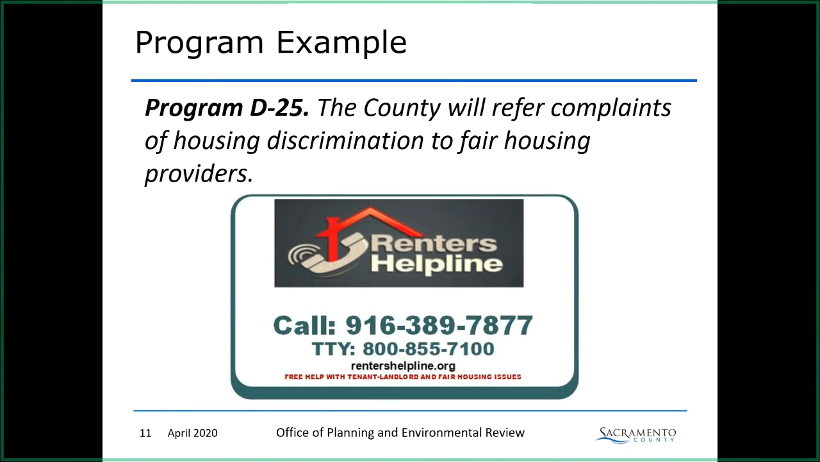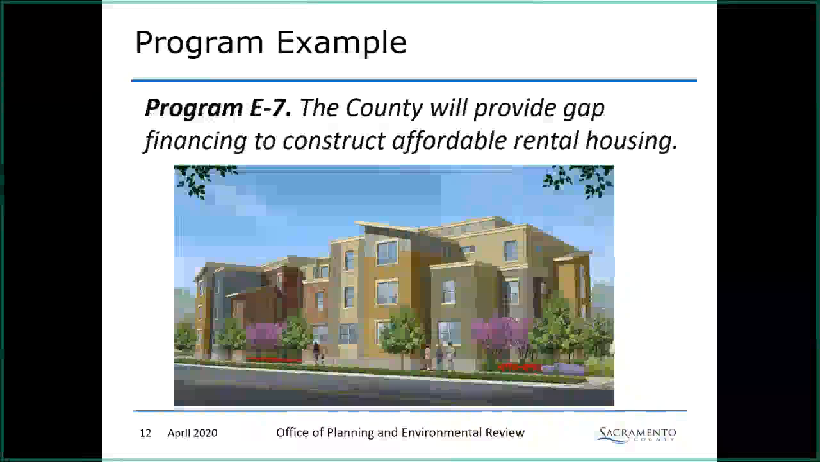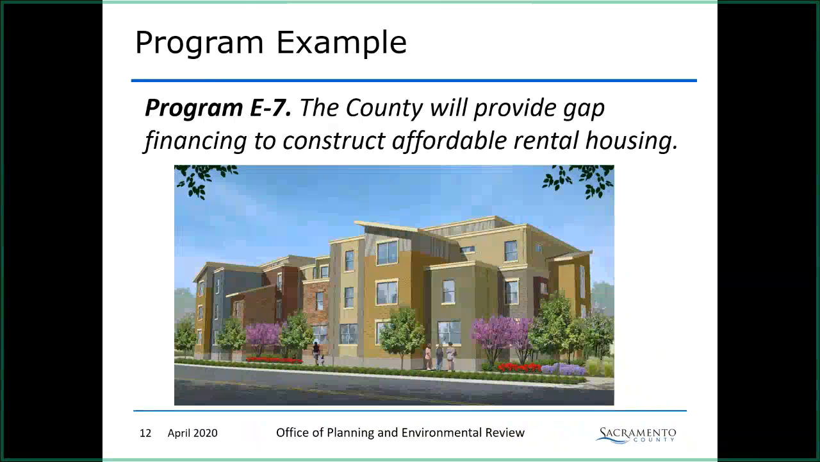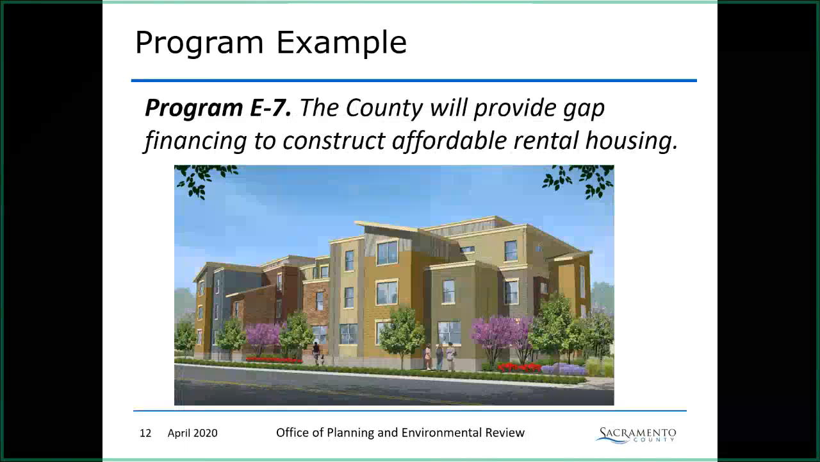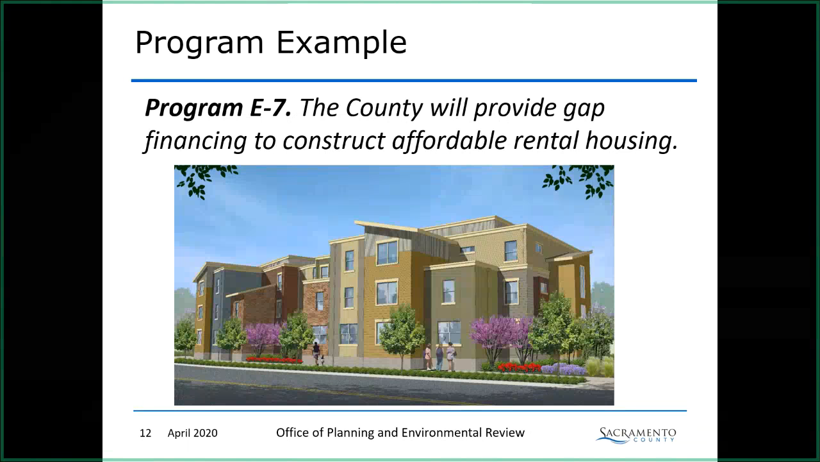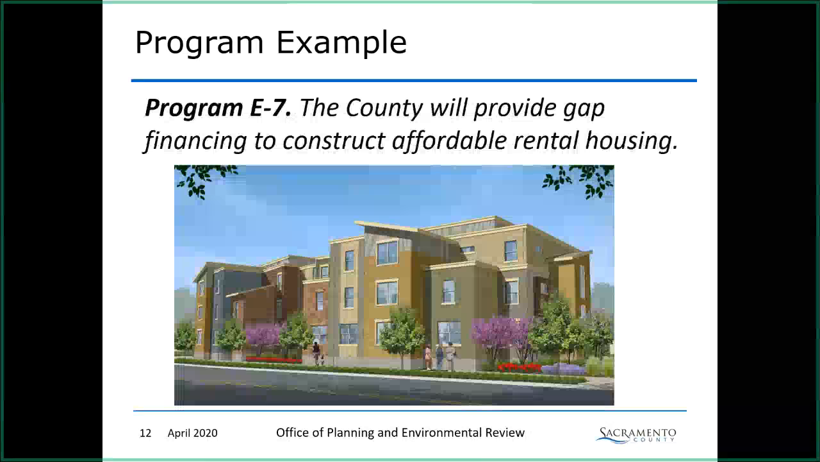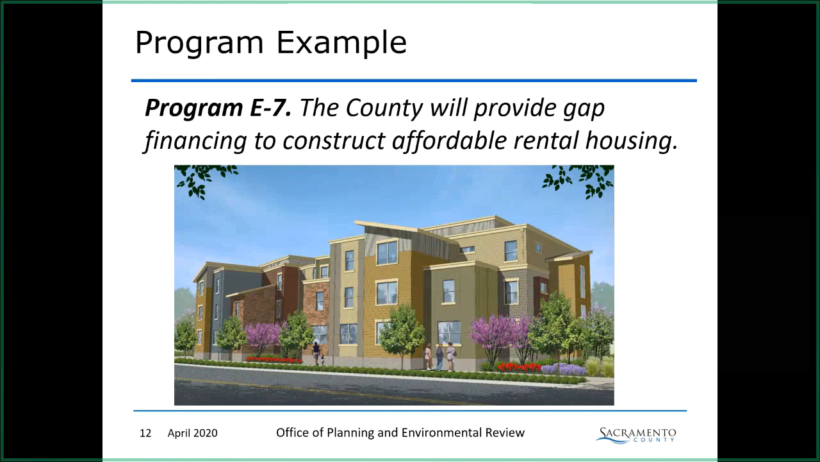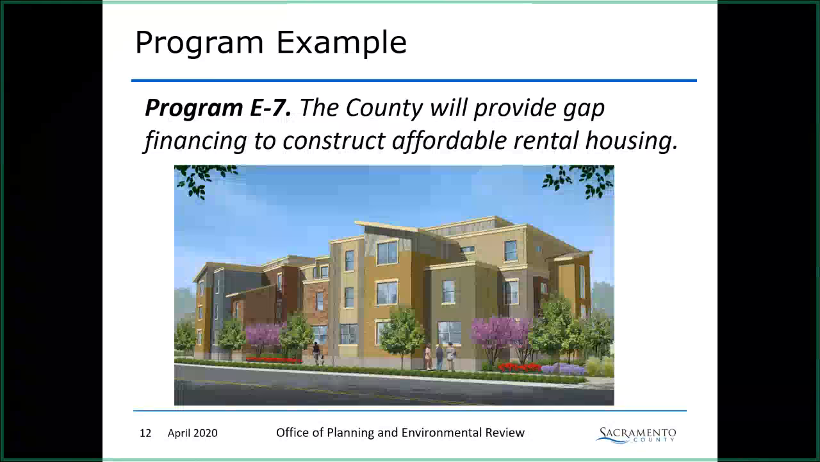Here is another example of an existing housing element program. This one meets the state requirement to assist development of housing for low and moderate income households. Program E7 states that the county will provide gap financing to construct affordable rental housing. We implement this program with the help of Sacramento Housing and Redevelopment Agency, or SHRA. We give SHRA funds collected by our Housing Trust Fund and our Affordable Housing Ordinance so that they can finance